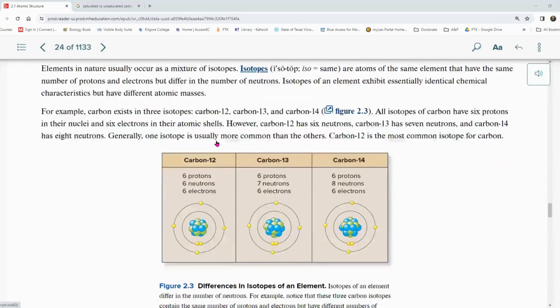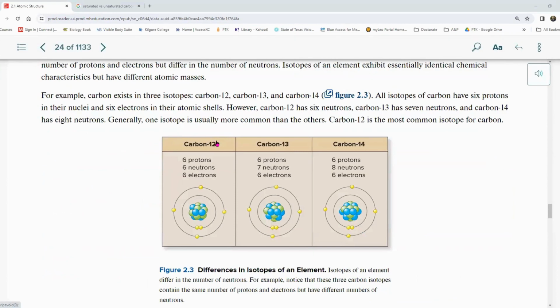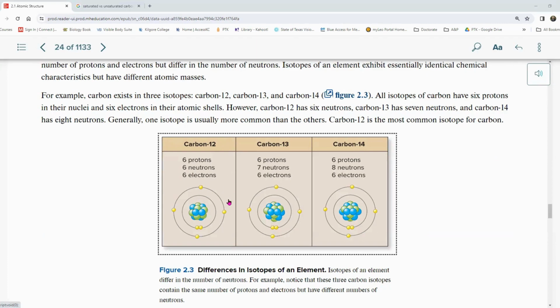So an isotope is changing the number of neutrons that it has. If you look here, carbon naturally has 6 protons, 6 neutrons, and 6 electrons. But in carbon-13, it's still carbon, which means it has 6 protons. However, it has a different number of neutrons. This one is 6, this one is 7. So if you add 6 and 7 together, you get 13, which is its mass number. For carbon-12, if you add 6 protons and 6 neutrons, the mass number will be 12,